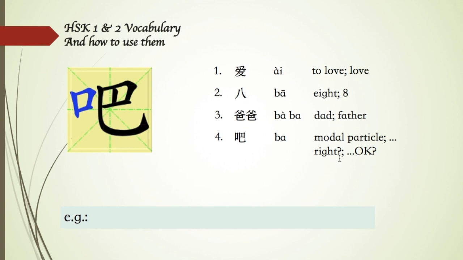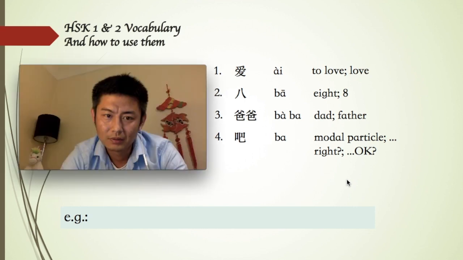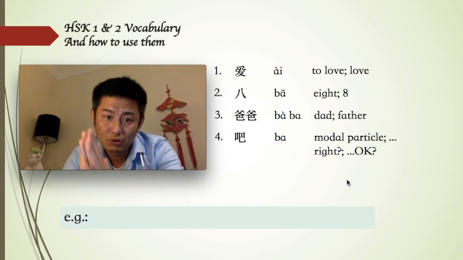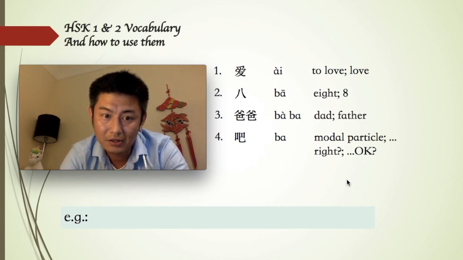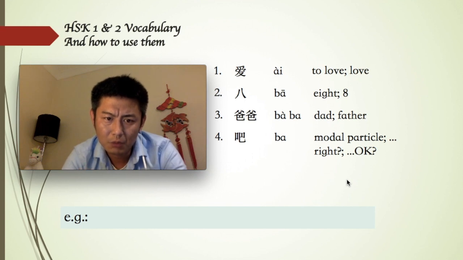This is used at the end of a statement to mean, blah blah blah, right? Blah blah blah, okay? Or it could mean I suggest this statement. See, these modal particles can be quite tricky. There are a few of them, maybe a dozen of them, and each modal particle does not have any meaning, but it's very powerful. It creates some sort of meaning or mood for the whole sentence. It changes the whole setting of the sentence, right?